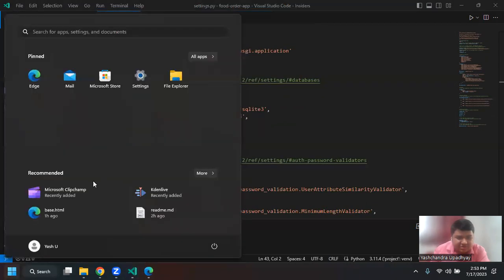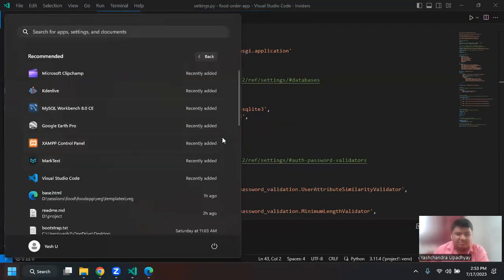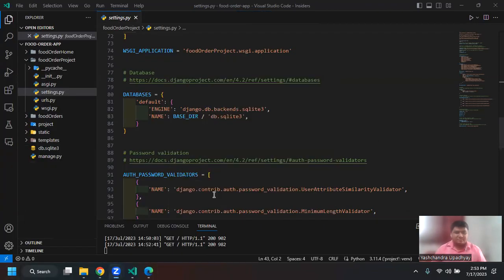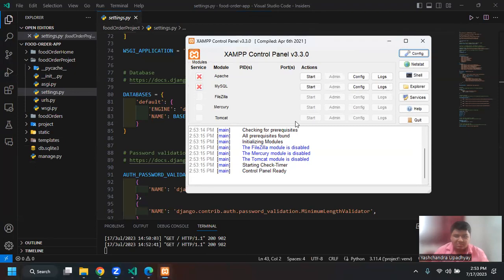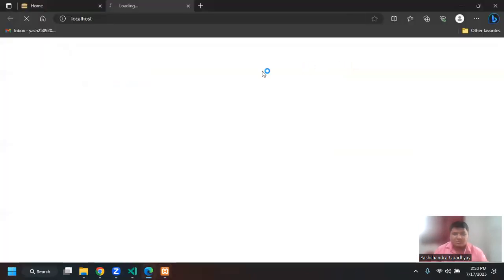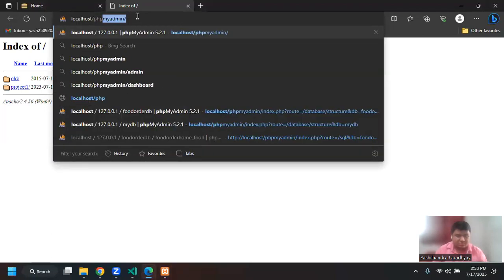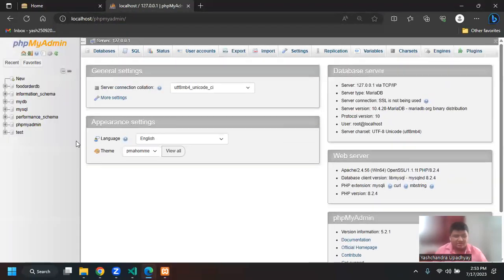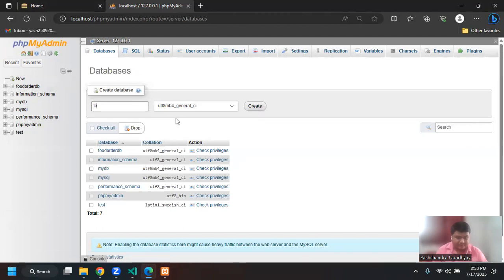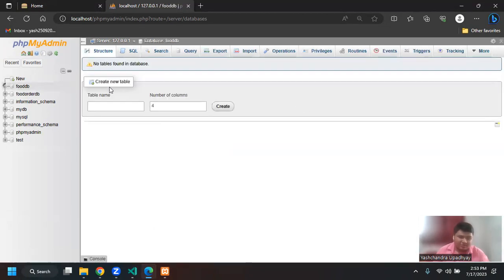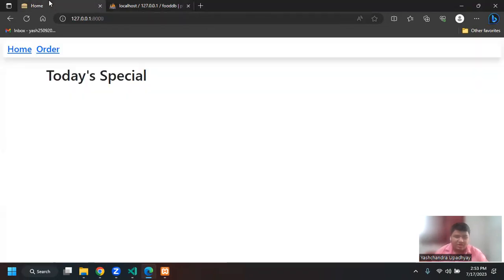Yeah. So first thing I will do is I will open the XAMPP. So XAMPP admin, and then I will open the phpMyAdmin. In phpMyAdmin, I will create a new database. I will call it food to know that this is for the food database. I will click on create. After the database is created with the name food, what I can do is,